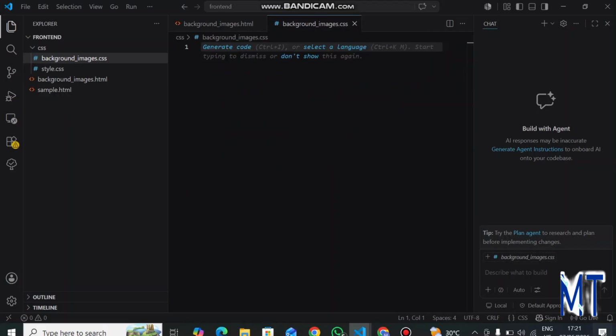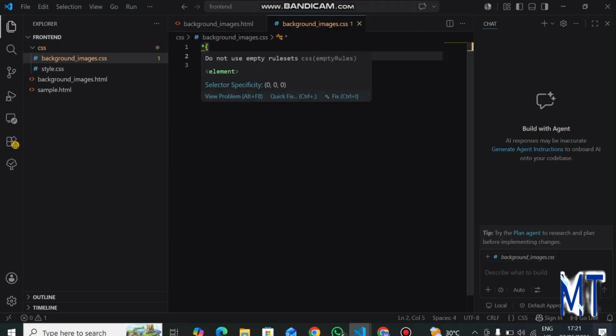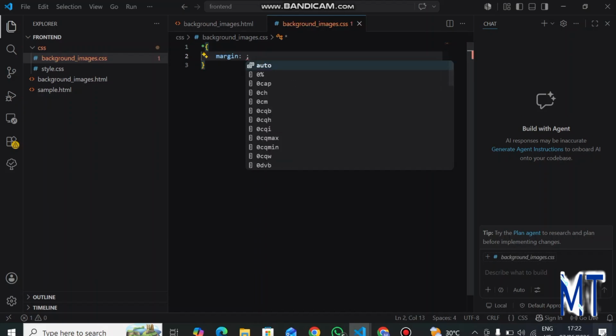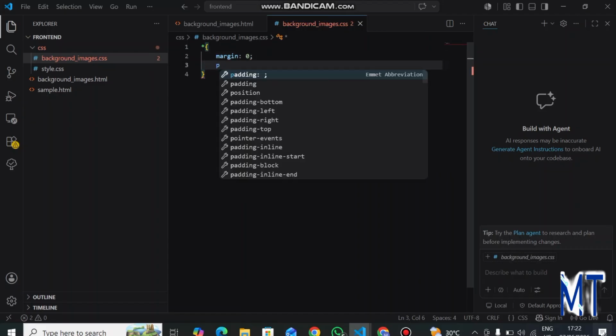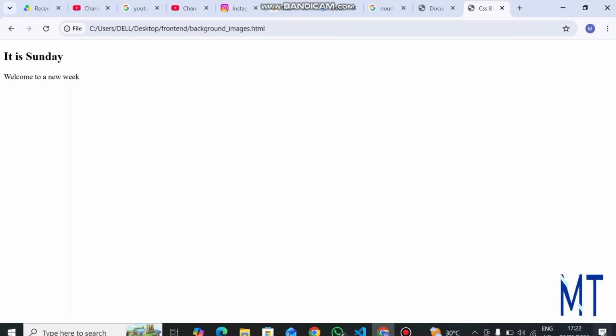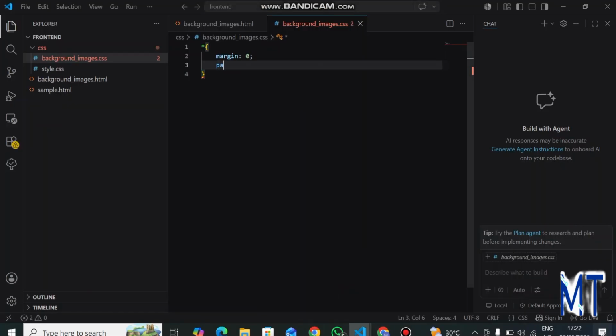So let's come here. To have optimal results, I'm going to write some set of code here. This asterisk, we call it the universal selector, so another type of selector. Whatever you write here applies to the whole site. So what I'll do is I'll remove margin, any unnecessary space that our browser adds that we didn't add ourselves. If you look at your site now, see the space up here before it is Sunday. Between it is Sunday and welcome to a new week, there's a space there, so we don't want all those. So I'm removing that. So I'll say padding